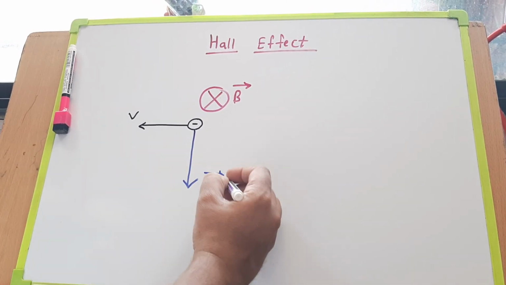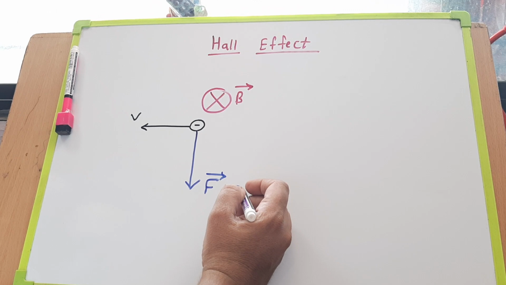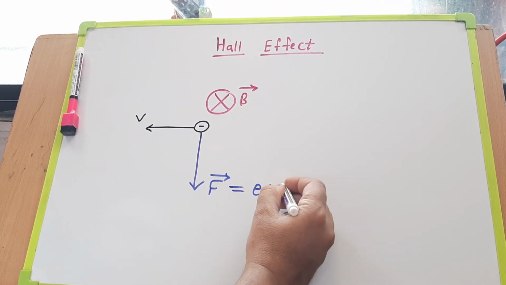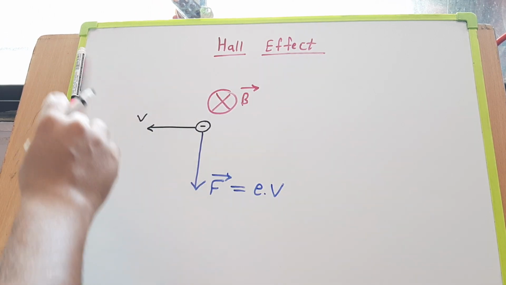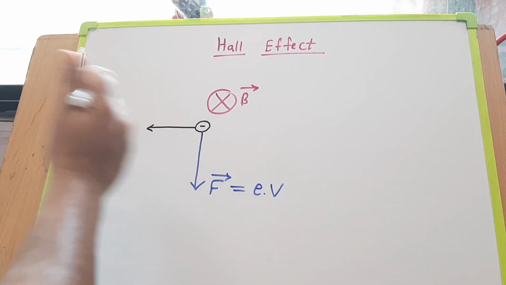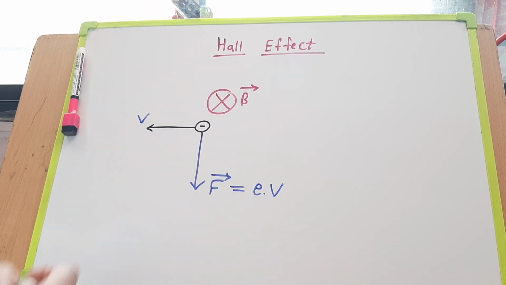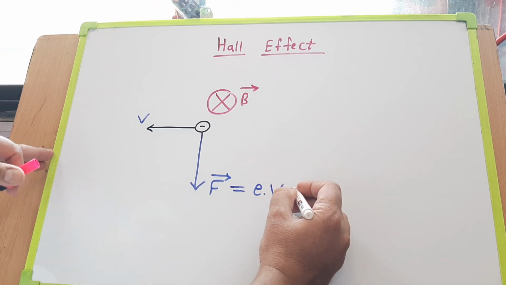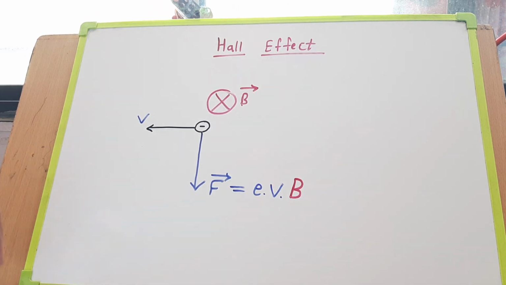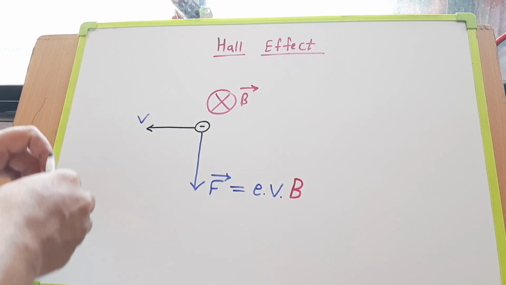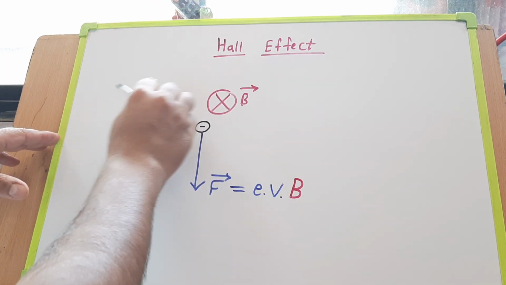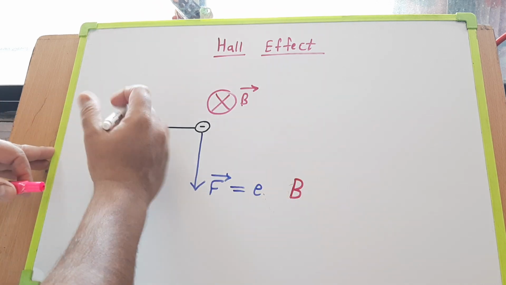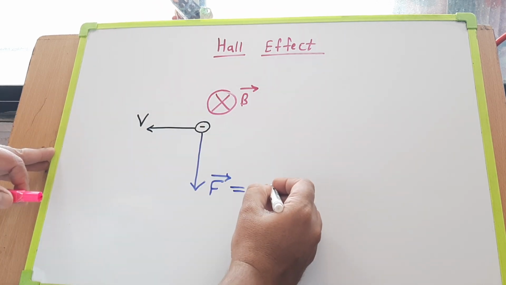This is the basic law we learnt from 12th standard. And how much is that force? If you can remember, it was charge into velocity v cross B. So rather I should do it the other way around. Please write this down by yourself. I am not writing this out, but this is very important.